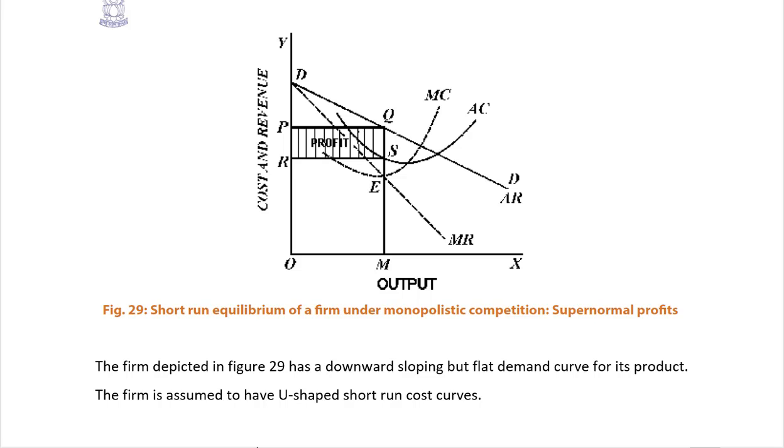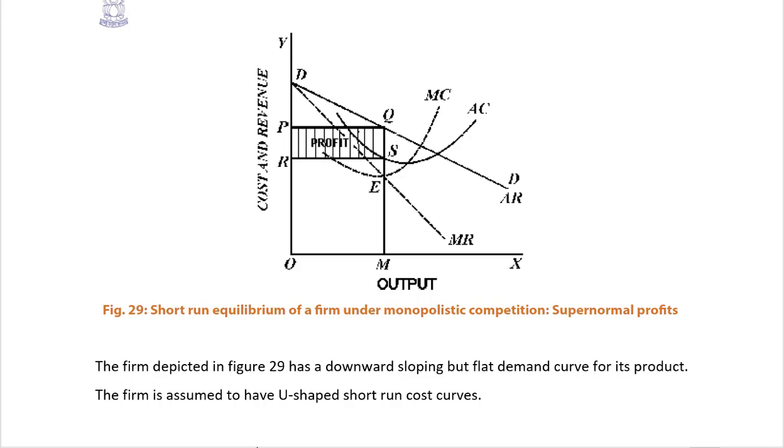At that level, the average revenue is greater than average cost, and the difference between the average revenue and average cost constitutes supernormal profits, depicted by this area. Supernormal profits are a situation where the average revenue is greater than average